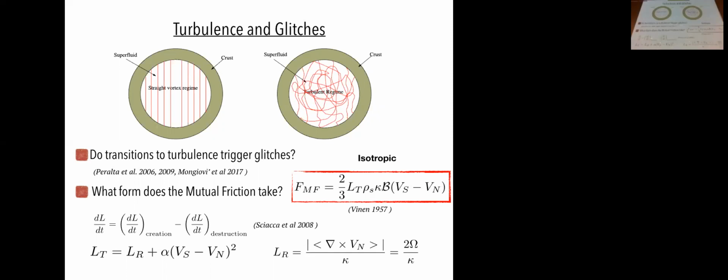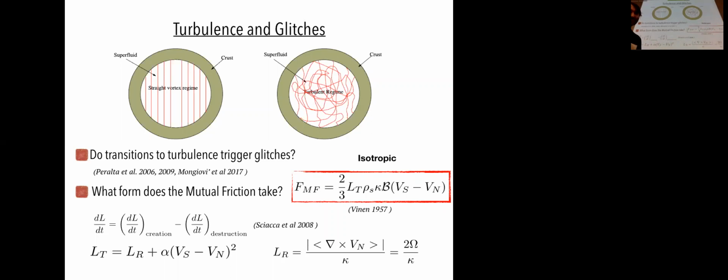So you can have essentially two equilibrium solutions here. One is just straight vortices, and then the vorticity will depend just on the rotation rate of the star. And then you can also start lengthening the vortex, and you would expect to still have a term that on average will return the correct rotation rate of the star with which you have to align. And then the vortex will lengthen in terms that depend on the lag squared. So when you put it back into here, you would end up with the standard dependence on the lag cubed, the Gorter-Mellink kind of mutual friction.